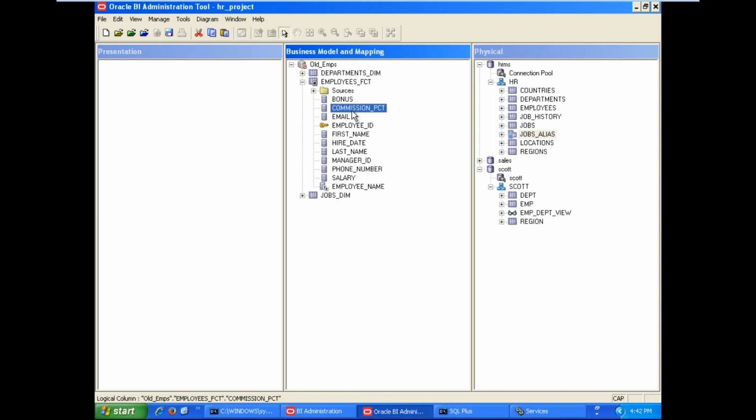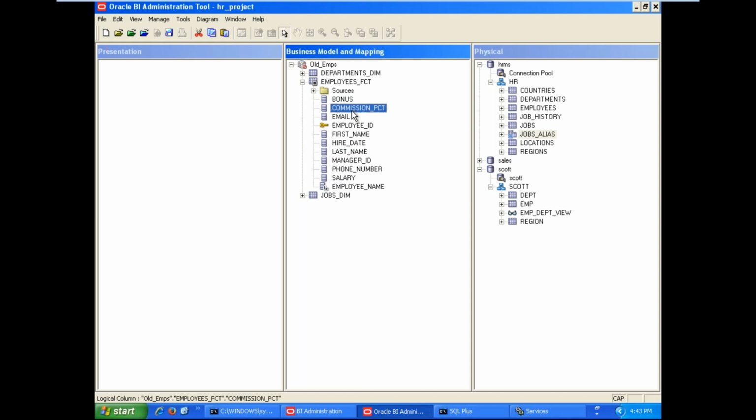If we write a query in the physical layer, then we can use the NVL function. But while deriving a new column in the business model mapping layer, to eliminate the null values, our technology does not support it, because our technology is not a database.